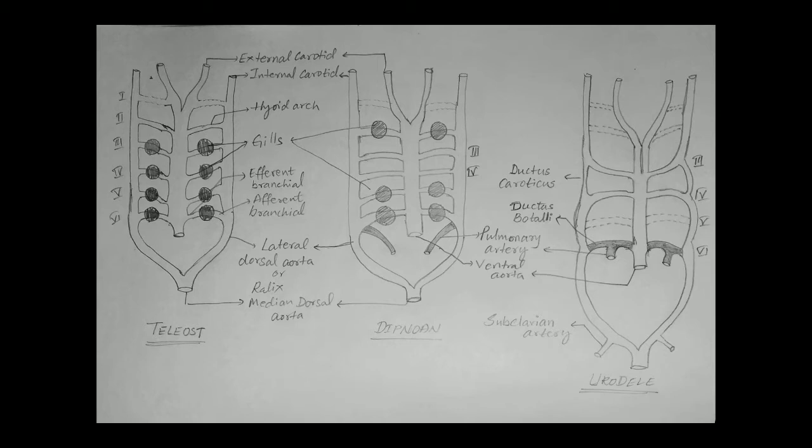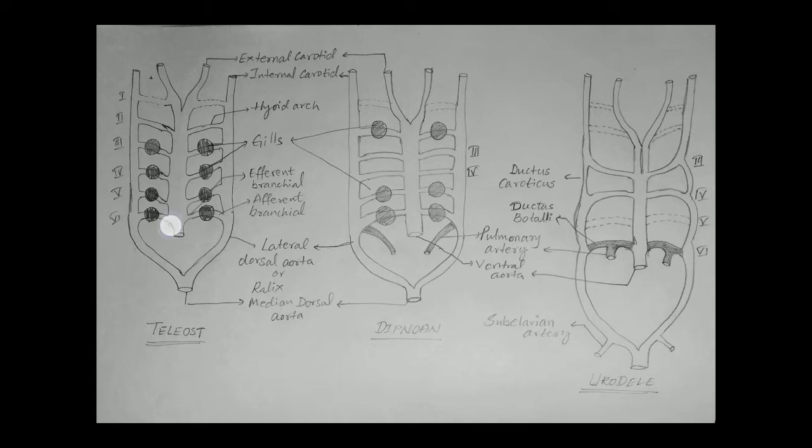In this video I have drawn a diagram of the first three aortic arches. In the last video session, we discussed the basic pattern of the vertebrate embryo arterial system. In this particular video we are continuing with the aortic arches in teleost, dipnoid fishes and urodeles, that is nothing but the fishes and amphibians. We are going to see what the differences are in these three categories.